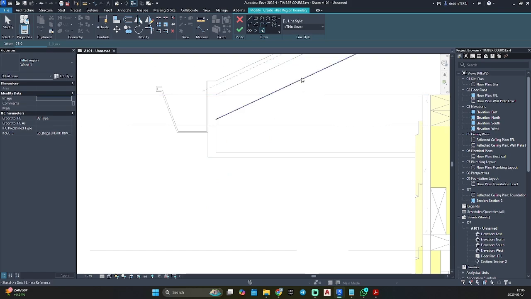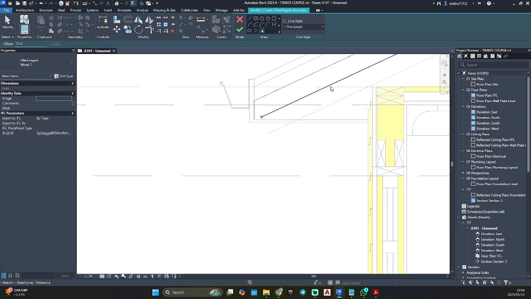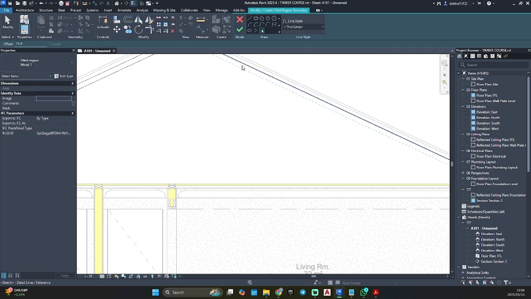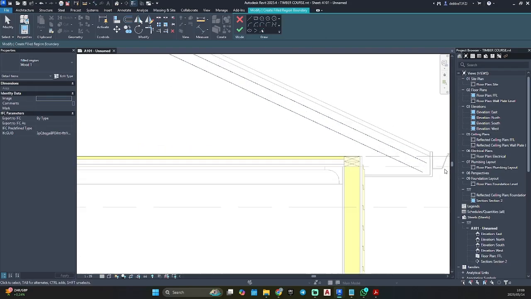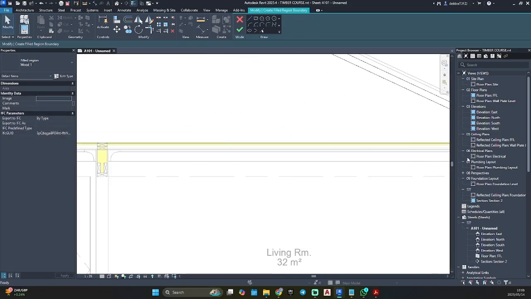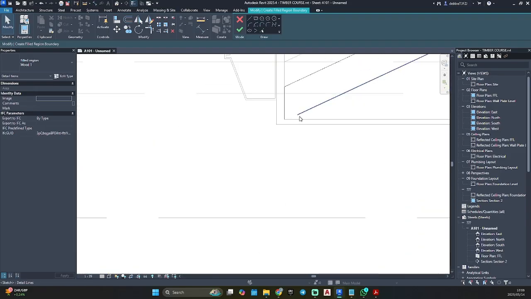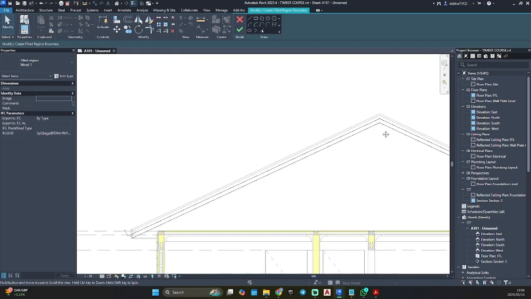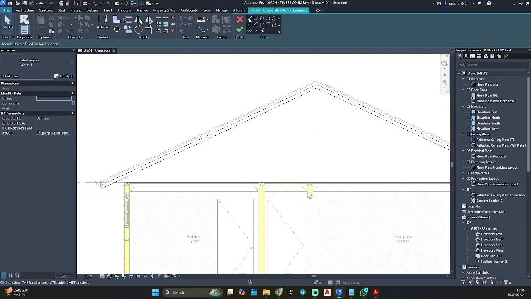Make a very thin truss. Okay, so I'm just gonna do the exact same for the bottom line.